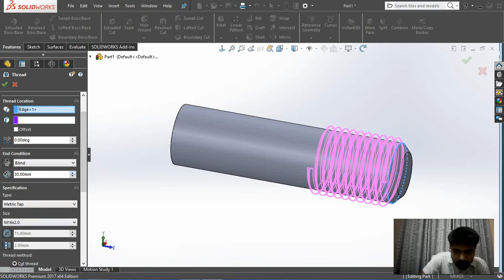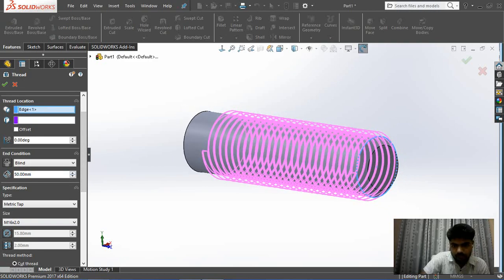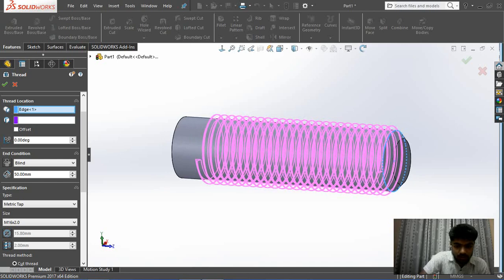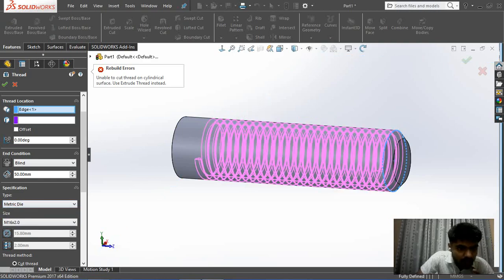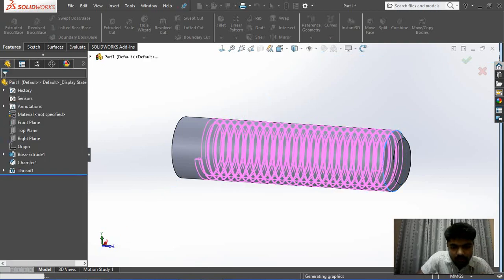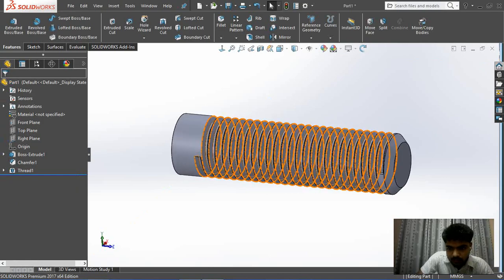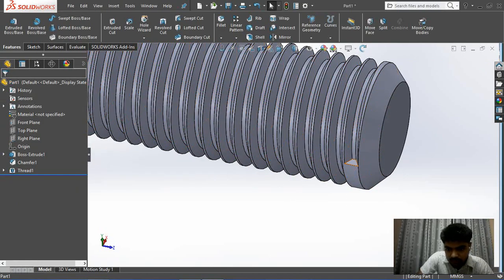I would like to increase the length. Now students always make this mistake. Take a look. Here we have not tap, that should be die, and now it is visible to you all. Now this is the problem.